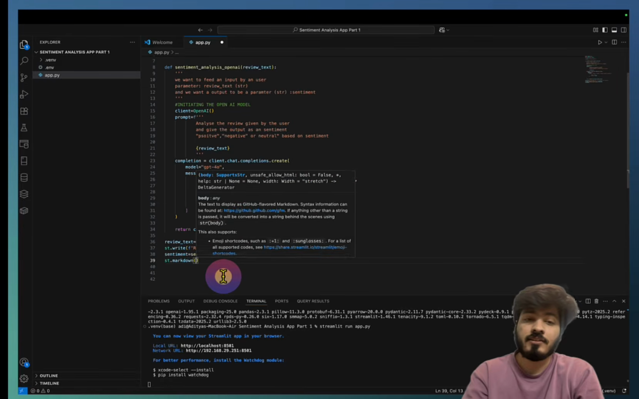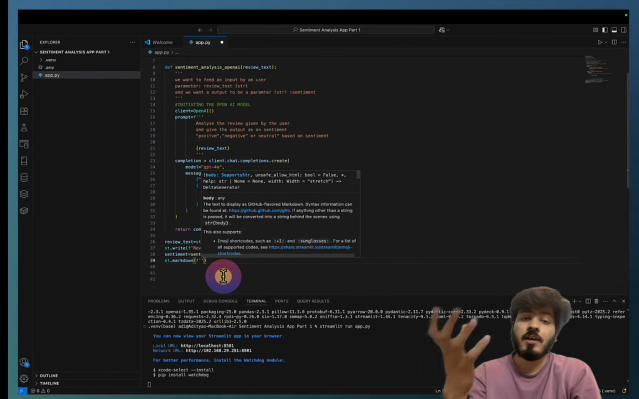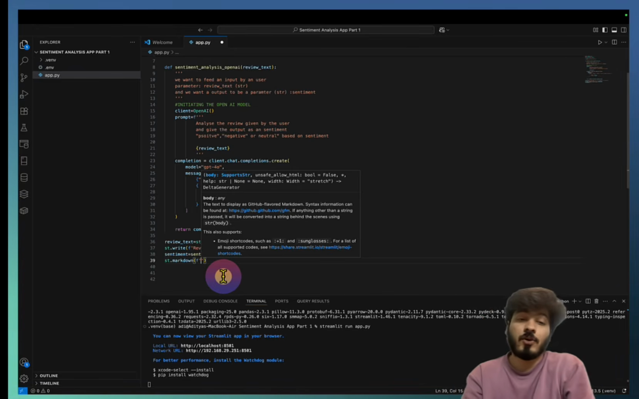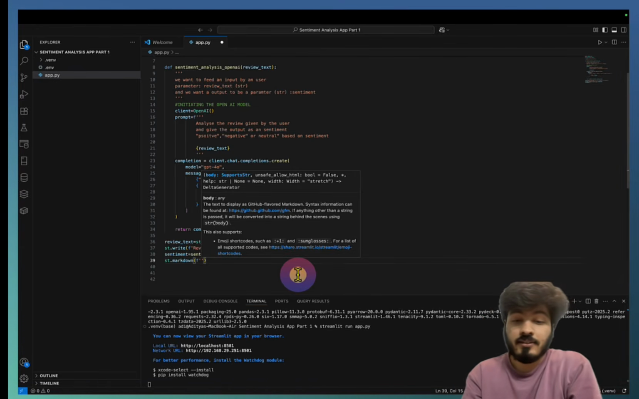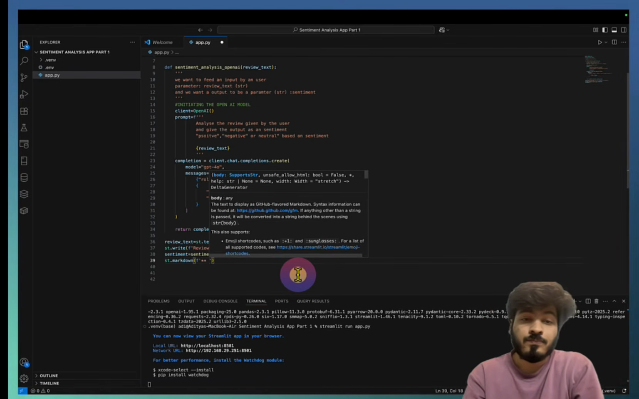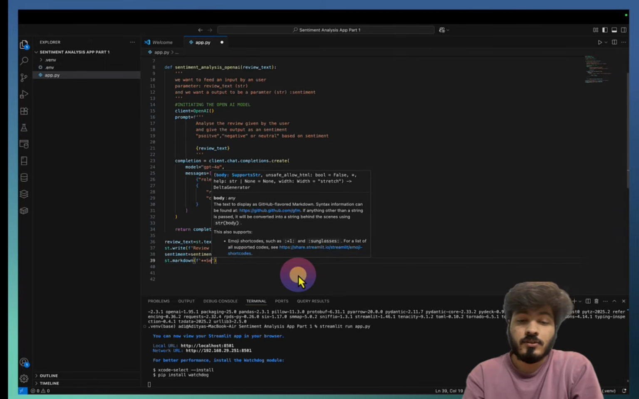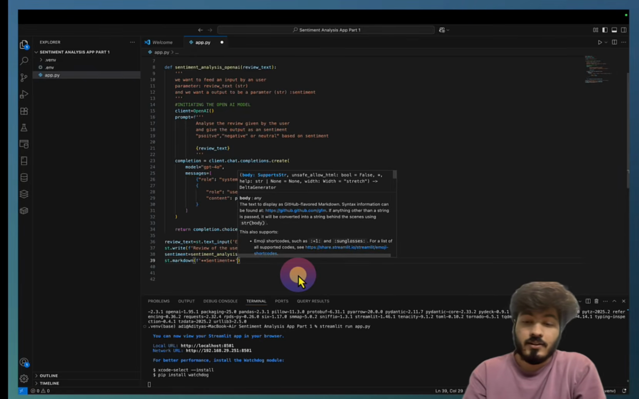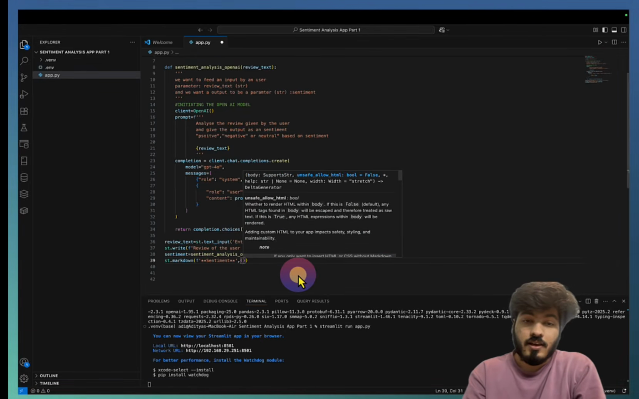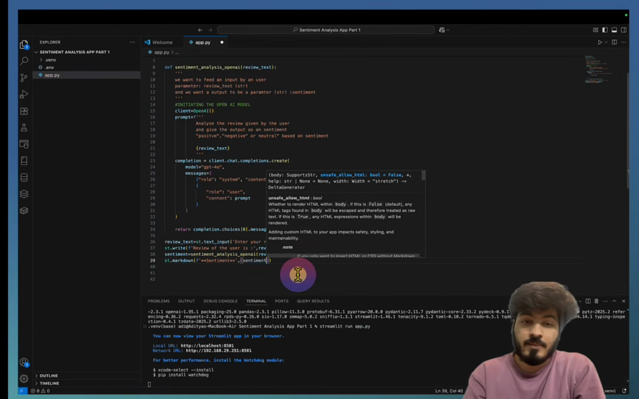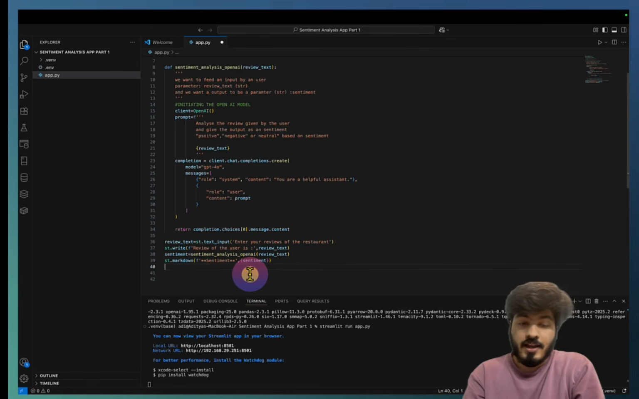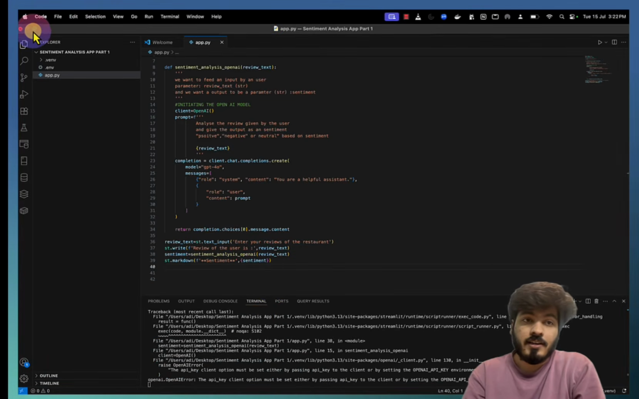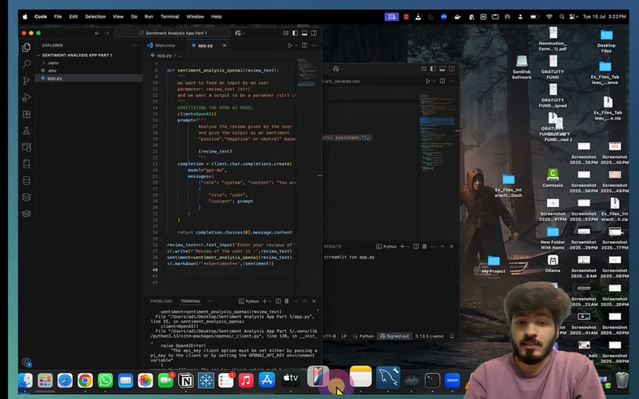I'll just use markdown in this case. Markdown is also one of the ways to write, basically to print, in Streamlit. Now there's a particular format you have to follow. So markdown, I will just use sentiment, and comma, and I will just write sentiment. Okay, and if I save it, now if I do it parallelly,